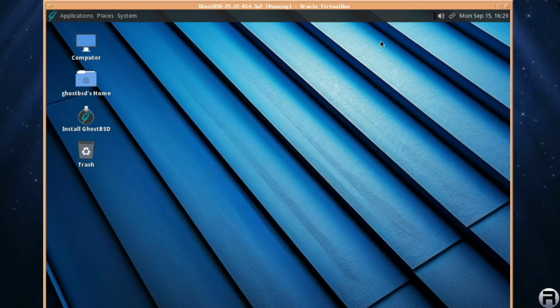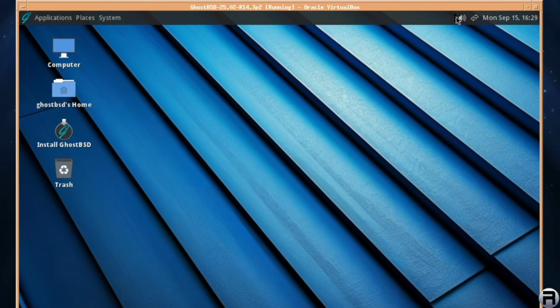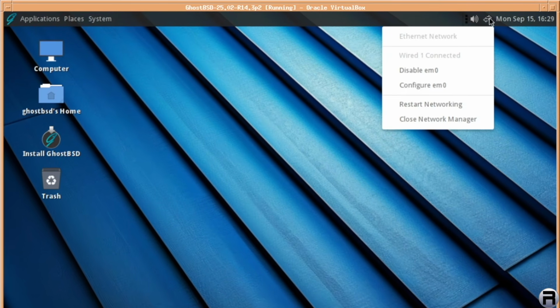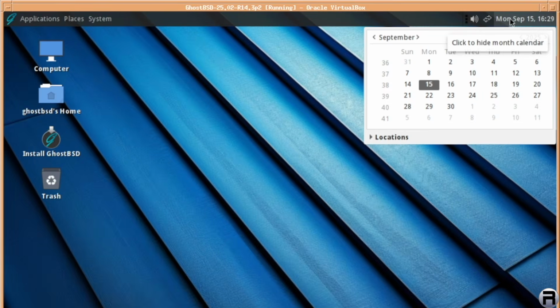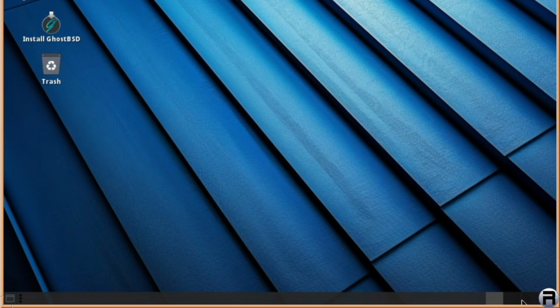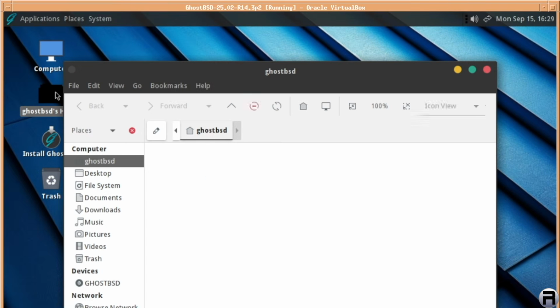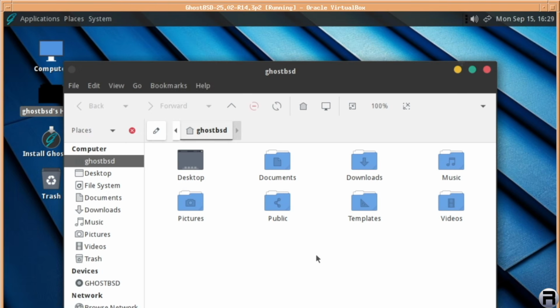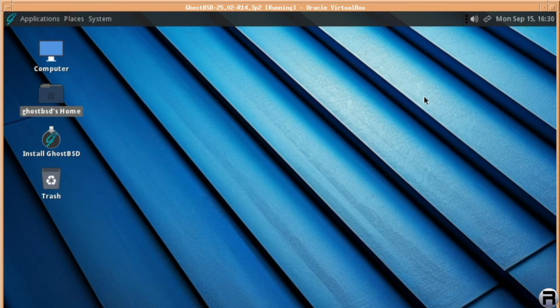So the layout of the desktop is the same. You get a little sound and network and date and calendar. At the bottom you've got your virtual desktops and your little show desktop at your end. And you've got your normal folders. You've got your home folder with the various subfolders inside. Right, we're not going to be delving into things just at the moment because we're in a live session and